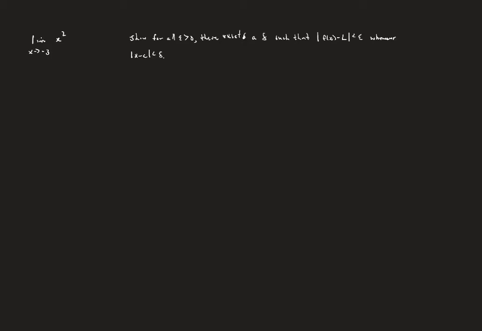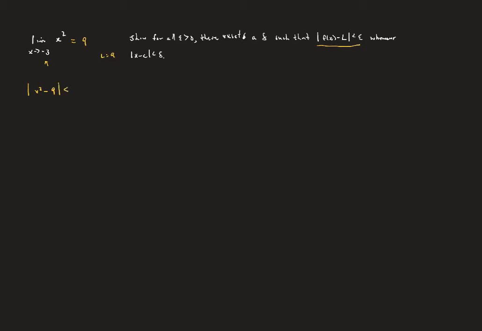Okay, now a few more twists on this. I didn't tell you what the L is, but that's not a big deal because we can directly substitute the negative 3 in for x. Negative 3 squared is 9, so we know that our L is going to be 9. We're going to again start with this part. So I'm going to start with f of x, which is x squared,